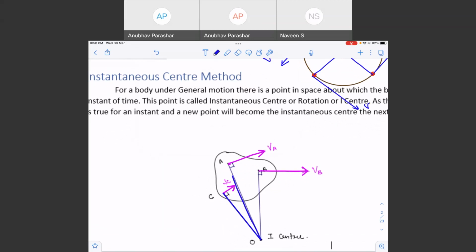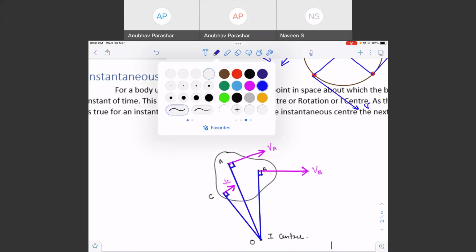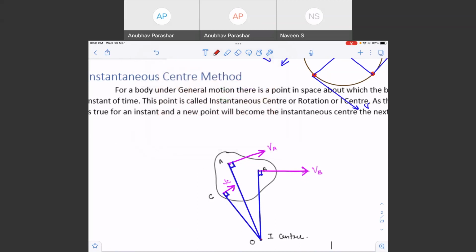I draw perpendicular to velocity at point A, and I draw perpendicular to velocity of point B. So I draw 3 perpendiculars, as you can see. All the perpendiculars come and coincide at a point O. So at this moment,